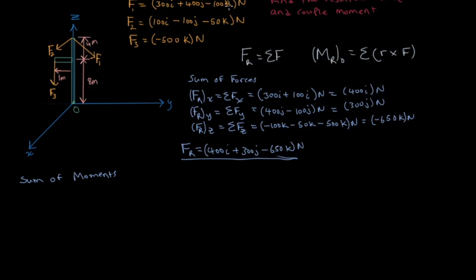So now let's do the sum of moments. We know that the resultant moment about the origin is going to be equal to the sum of r cross F. So we're going to be taking the cross product of r and F for each force here. Now, if you are not comfortable with taking cross products, no need to worry. I've made a video and I will link that to this video for you to reference. But moving on with this question, we're going to be taking the cross product of this distance and this force here, plus the cross product of this distance and this force, plus the cross product of this distance and this